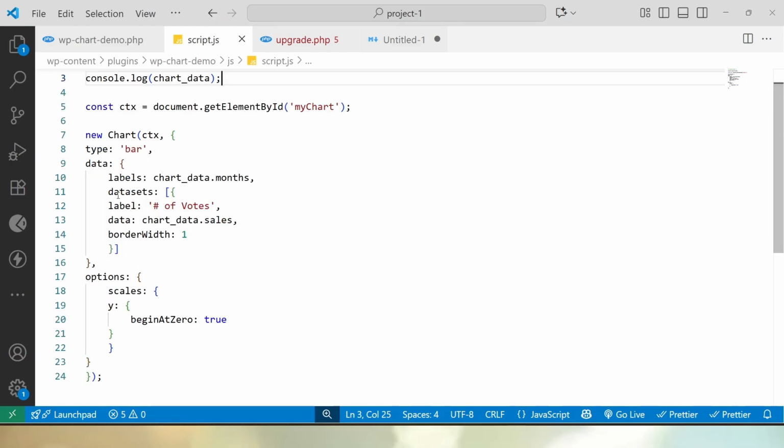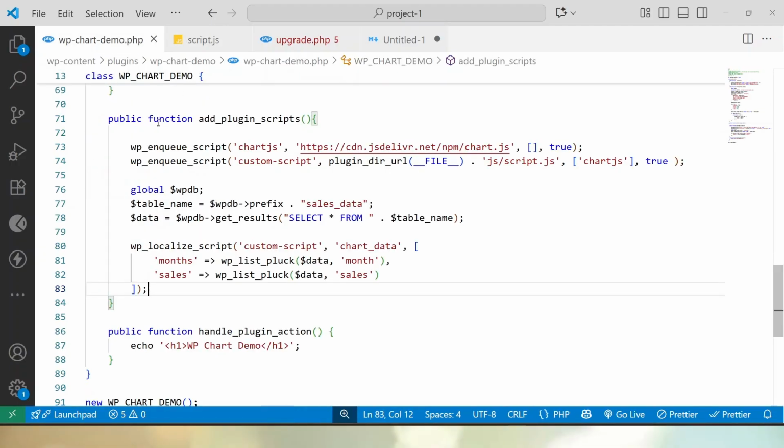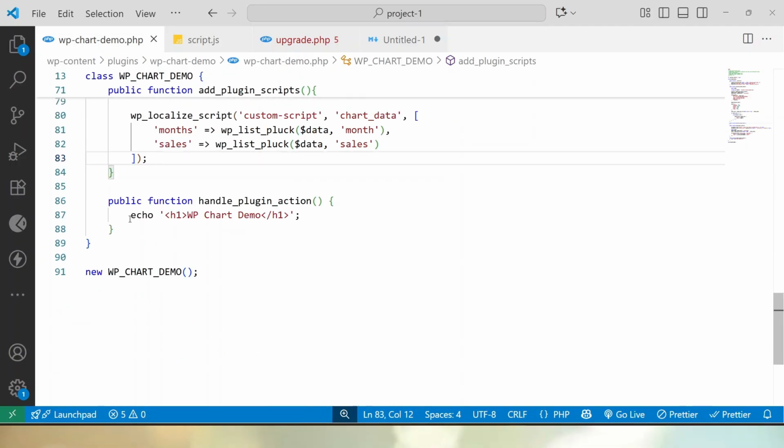Already we are doing, as we can see, labels chart data dot months and data chart data dot sales. And one more thing: as you can see, inside this code it is taking some ID, and on the basis of the selector ID, which is an ID of an HTML element, it will create a bar chart. Right now, this ID is not available inside our web page. So what we can do is go into our main plugin file, and inside this callback I will remove this static message,